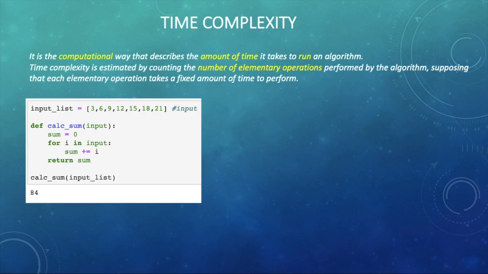Let's say we have an input list and we want to calculate the sum of all the elements in this list. This given list or array can be of any length. It can be 100 elements long or 1000 elements long or even 100,000 elements long. So here we have this Python function and I have named it calcsum that takes this list as input and returns the sum of all the elements in this list. Let's quickly see what we are doing inside this function.